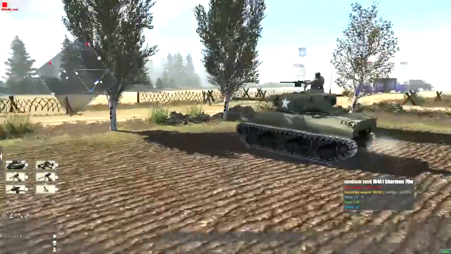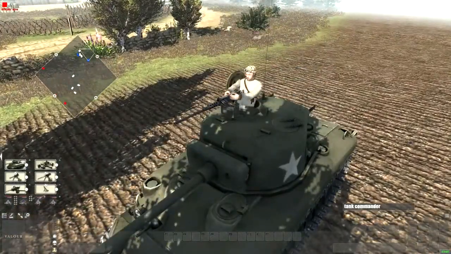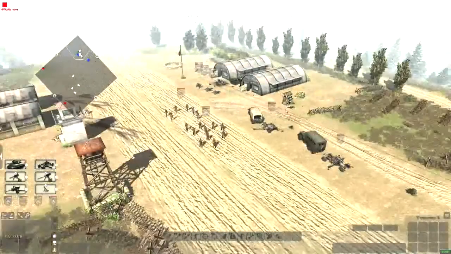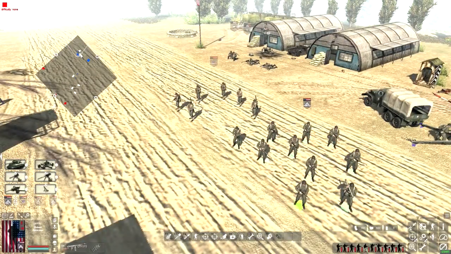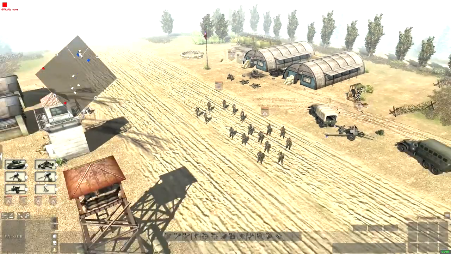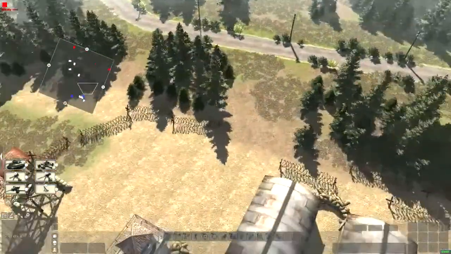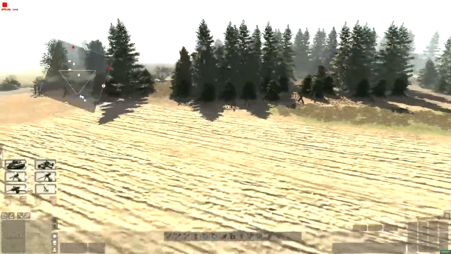It's got two 30 cal machine guns, a 50 cal is this one right here, which the tank commander's manning, and then we have a 76mm gun, like I previously discussed. Now, the infantry, we'll have to find a really good place to set them. Most likely right here by this barbed wire in this kind of field, and also down here at this airstrip, because